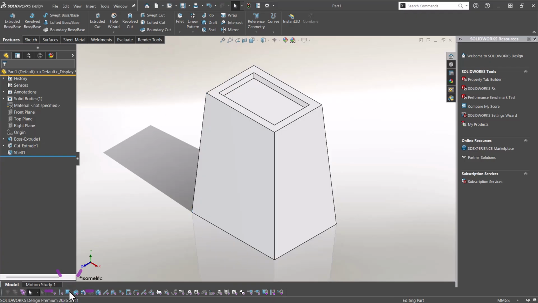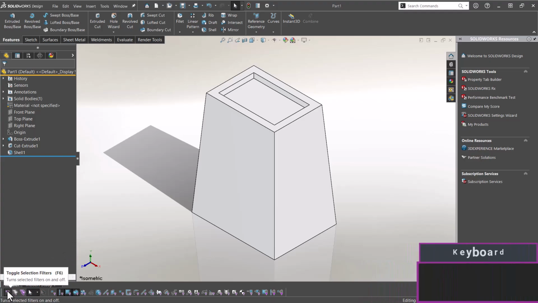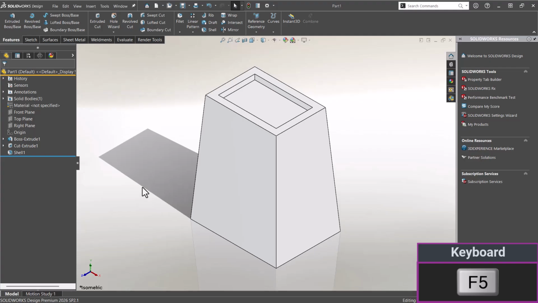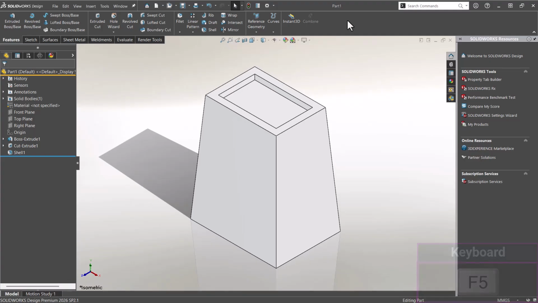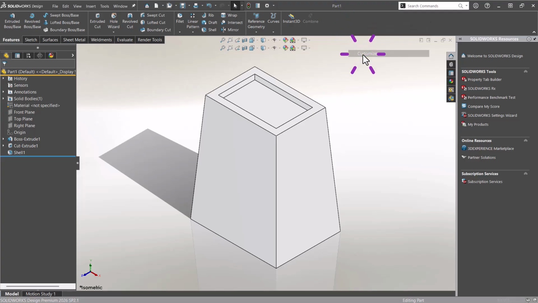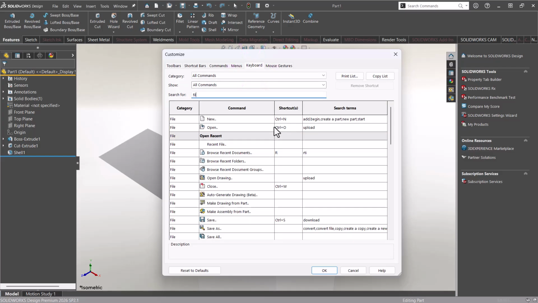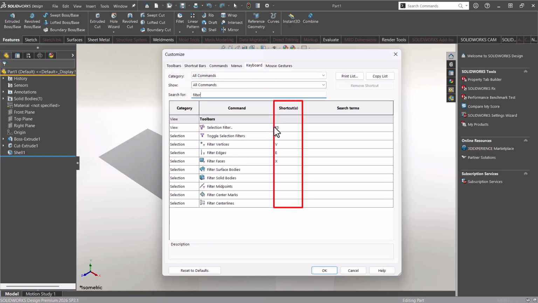You can also enable multiple filters at the same time to create different selection combinations. The Toggle Selection Filters command with the shortcut F6 enables or disables your currently active filters. The F5 shortcut simply shows or hides the Selection Filter Toolbar. If you never use these shortcuts and find yourself activating them by accident, you can remove them. Simply right-click the command manager, choose Customize, open the keyboard tab, search for the filter commands, and remove their keyboard